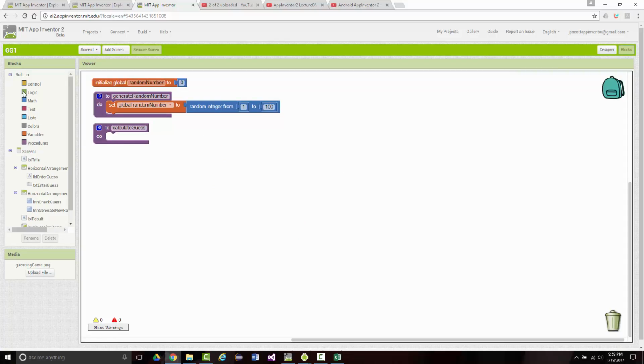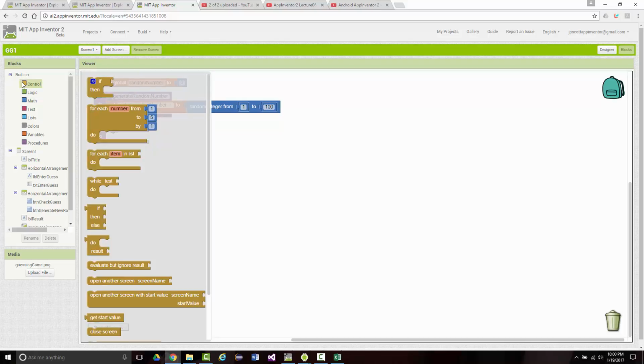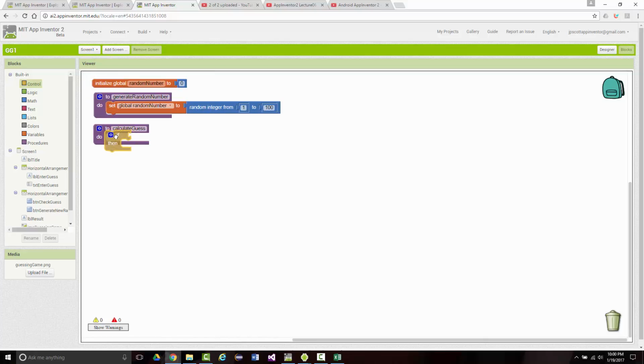So I'm gonna come into where it says logic. No, I'm sorry, where it says control. That looks good. And we want to put in what's called an if block. All right, and we want to even put more in there than that. So we want an if, and then we want an else if, and then we want an else, because we have three possibilities. So what we want to say here is if